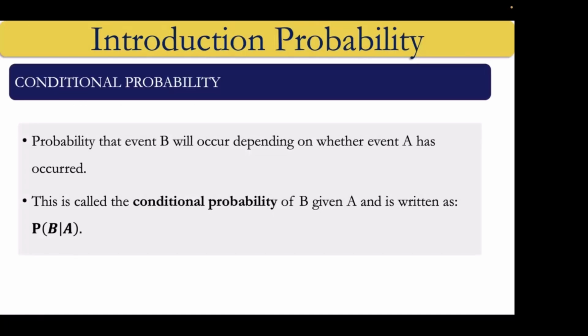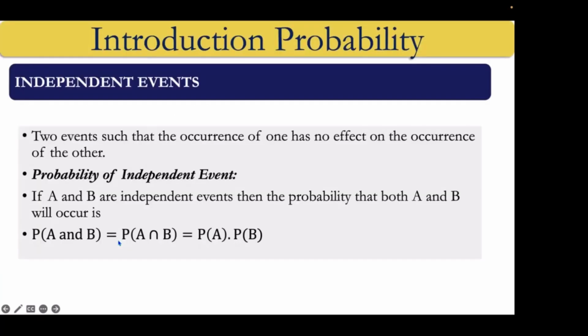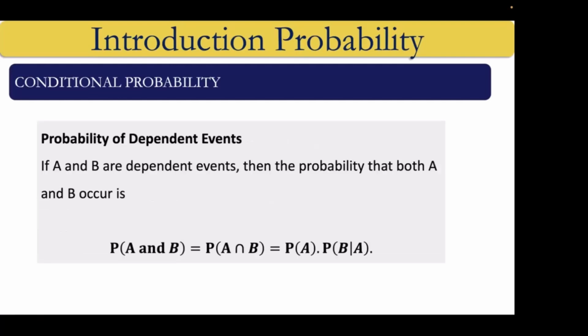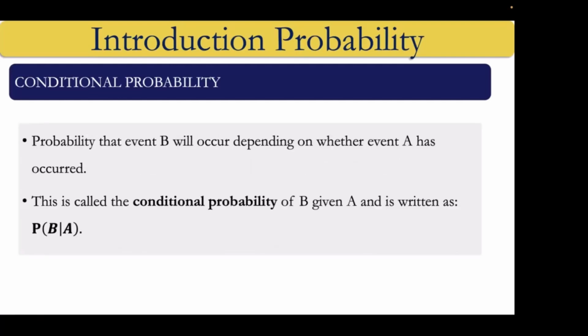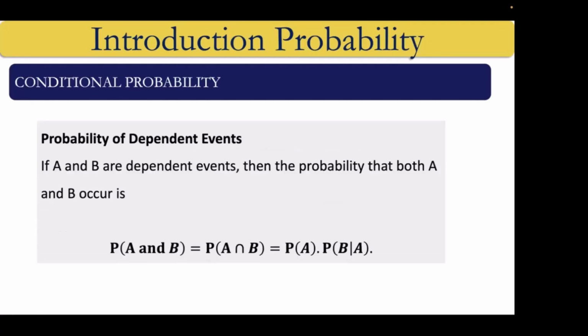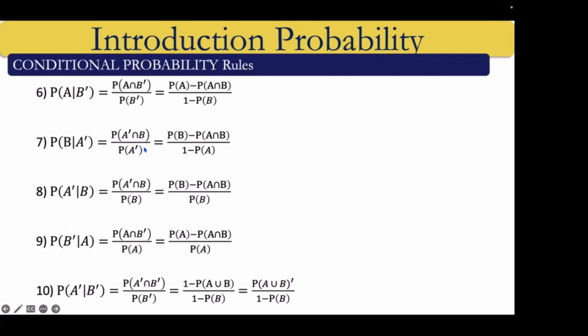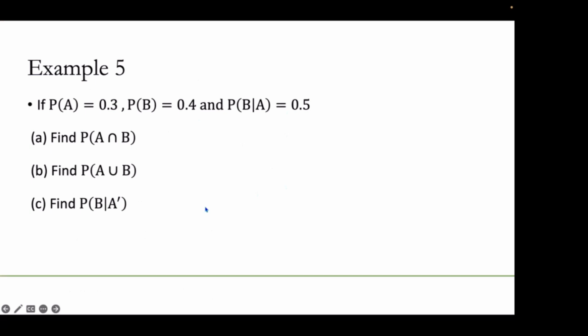This is conditional probability. With a conditional, there's always a condition for something to happen. So before something will occur, it means something has triggered it. Something has already occurred. So the probability of B given A means that before B will occur, A has to occur first. And that is the breakdown of it here. These are all conditional probability rules you are supposed to know in order to solve probability problems. And this is an example under the